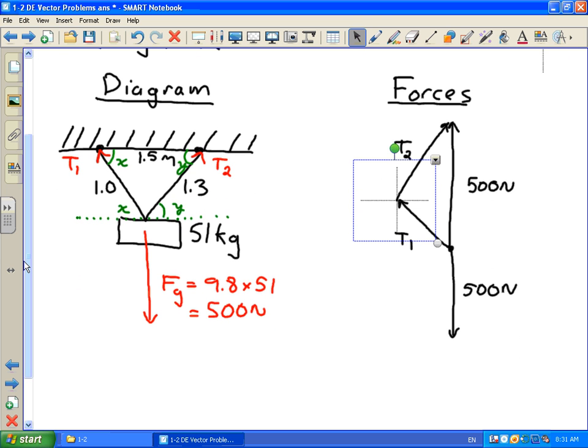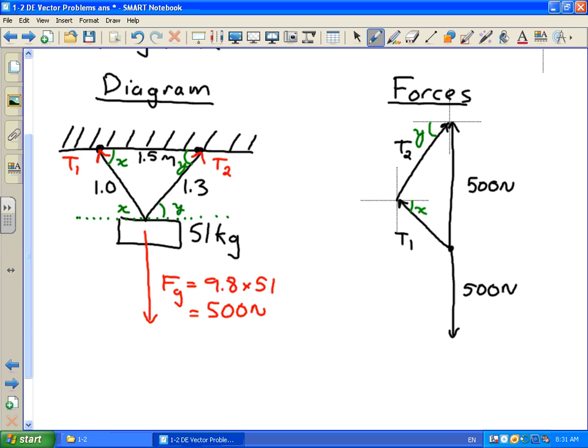And then let's take a look. X is between the head of T1 and the horizontal. So if I go to the head of T1 and the horizontal, that's going to be X right in there. Y is in between the head of T2 and the horizontal. So that's going to be, if I grab another one of these things and put it up at the head of T2, Y is going to be